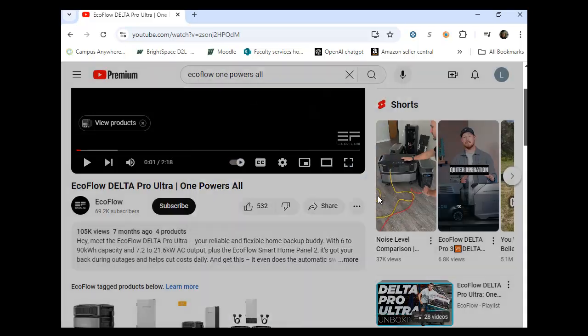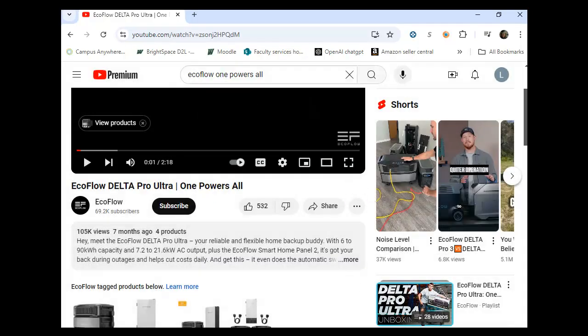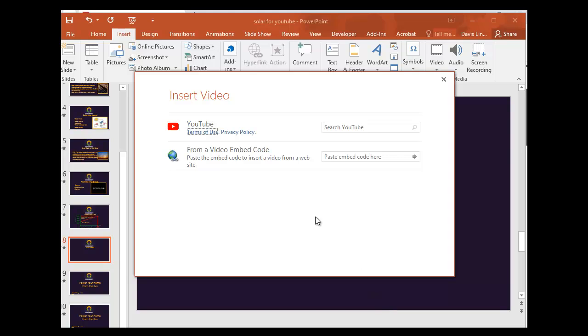And I can exit out of that. Now I can go back to my PowerPoint, and it says from an embed code, I can paste the embed code here. So I'm going to paste it, Control V, or right click and paste, but Control V as in Victor is what I always do. Now that large amount of code is pasted in here, even though you're just seeing a very small portion of it, and you can then click on the arrow that allows the insertion to happen. So click on the arrow,